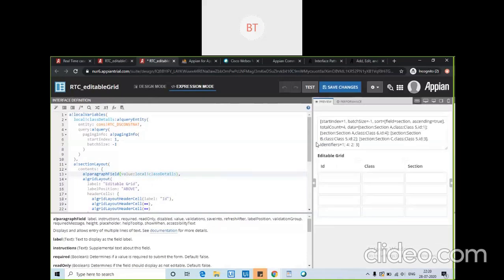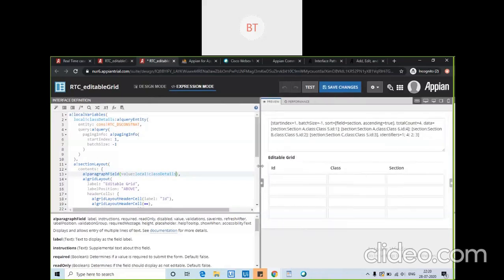Okay, so there it has come, dot data. So if we do dot data, let it load, it will give you these values, right?